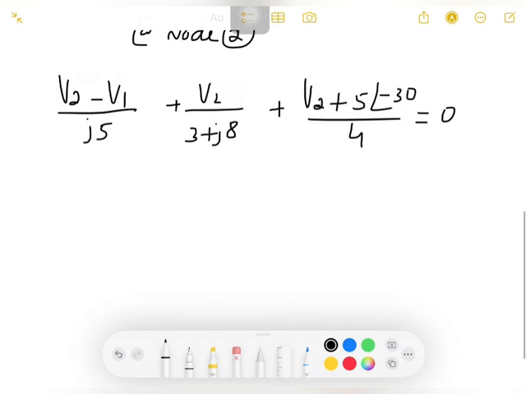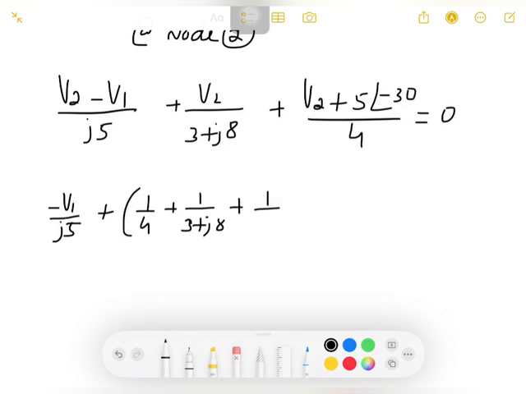If you simplify this equation, you will get minus V1 by J5 plus 1 by 4 plus 1 by 3 plus J8 plus 1 by J5 into V2, that is equal to minus 5 at an angle minus 30 divided by 4,